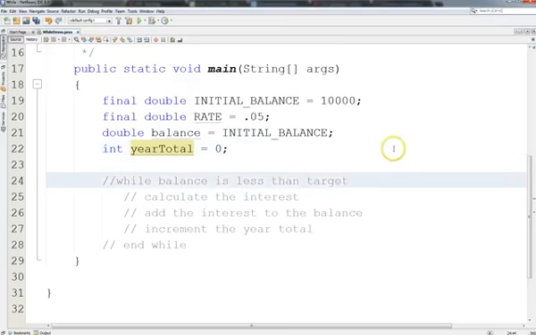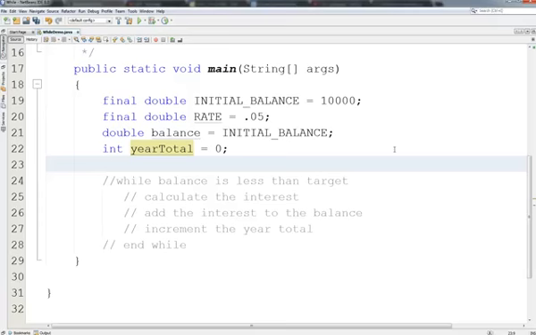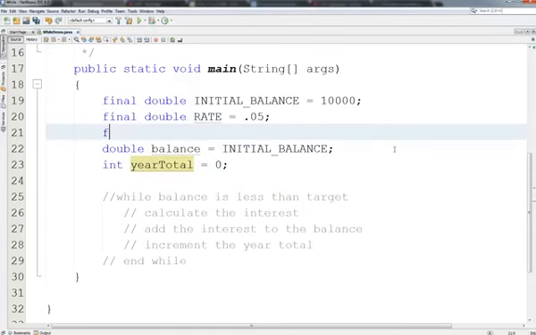So the way the while works is that, oh, we have to do our target. I forgot. Now, is our target going to change? No, so that can be a symbolic constant as well. And so that'll be final double target. And this is going to be basically double our initial balance, right? So we'll write that in terms of our symbolic constant,